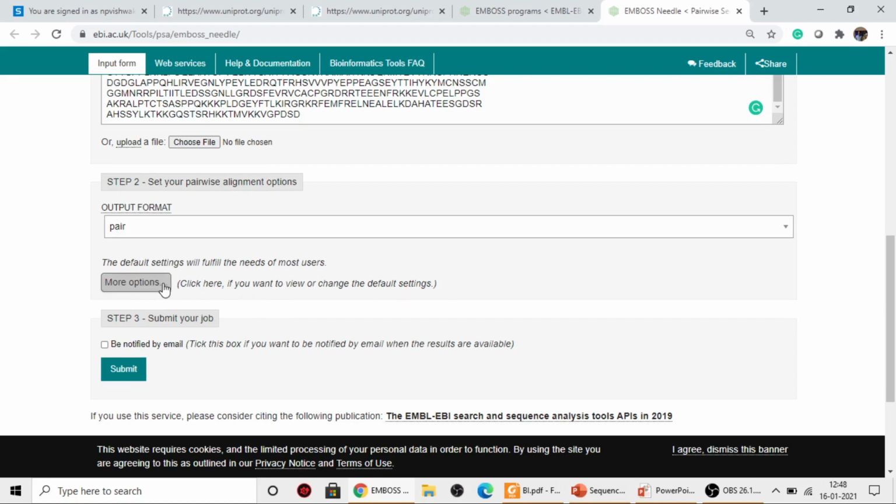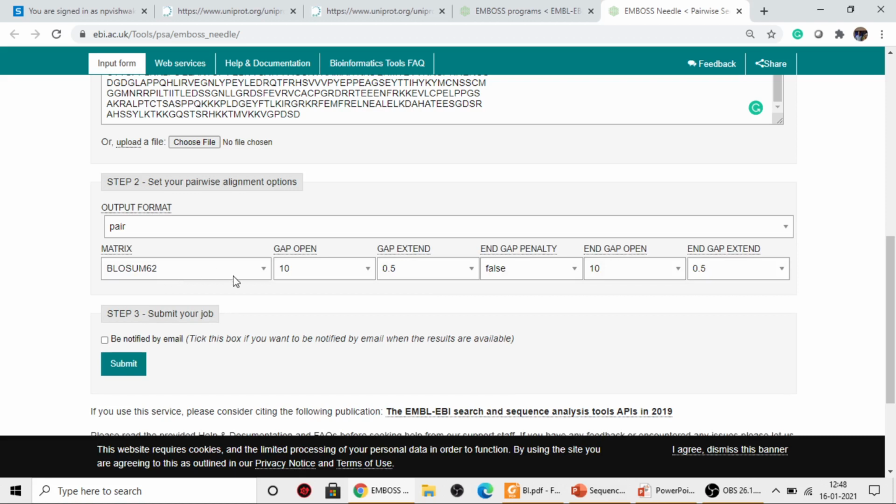However, if you are an expert in bioinformatics, then some settings are also possible. You can change the matrix, whatever scoring system you want to use, whatever gap opening penalty or gap extension penalty you want to use. So here, for simplicity, I am keeping the default settings and clicking on submit.